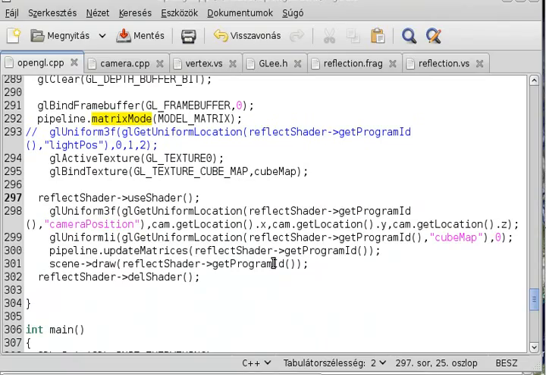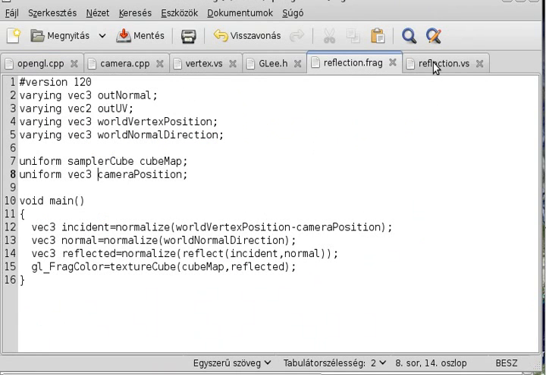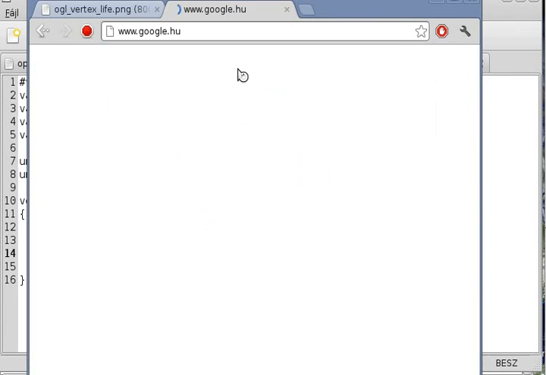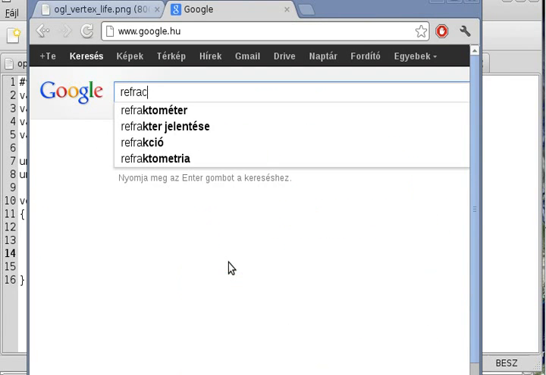Let's quickly modify this program to make it a refraction. I'm not even going to rename anything because they are so similar. So the only thing which we actually need to do is not using the reflect function, but using the refract function. The refract function will have one more parameter than the reflect function, which is the refraction index. So this is a number approximately 1, near to 1, like 1.2, for example. This is the eta. And actually, if you go online, somewhere like Google, and search for refraction index list,